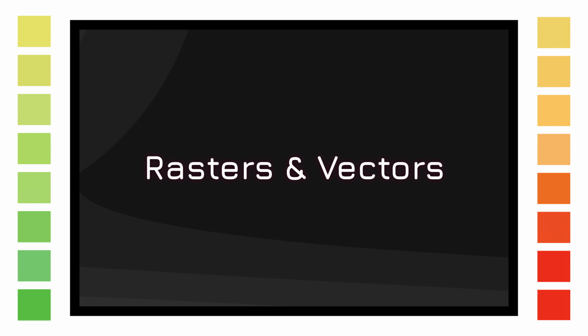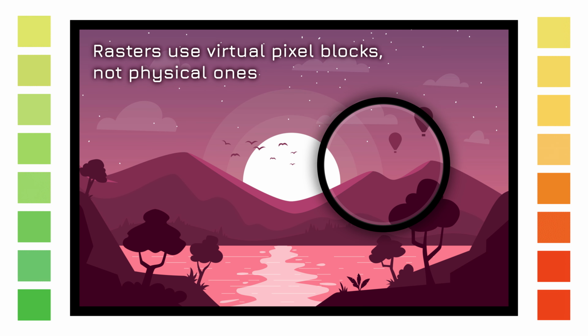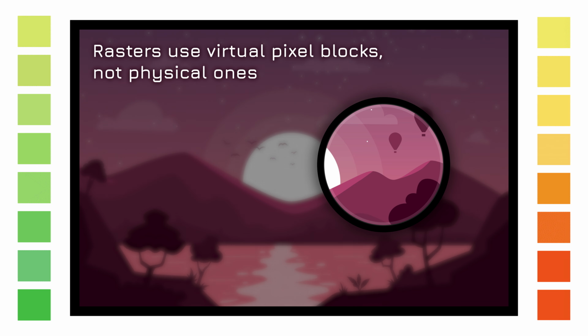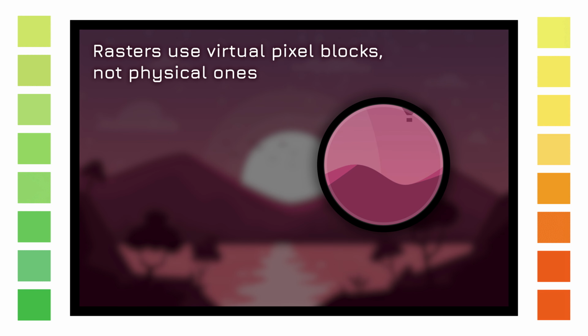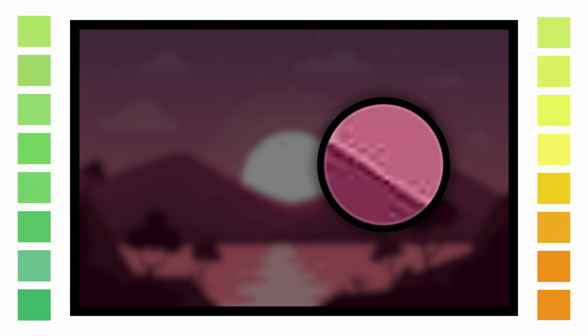Let's talk about digital images on screens. There are two types, rasters and vectors. Rasters are made up of virtual pixel blocks. These aren't real pixels, as in physical pixels that make up screen hardware, which you can learn about in another video, Basic Display Technology. Despite not being real pixels, they're still called that as they're quite similar in nature, building